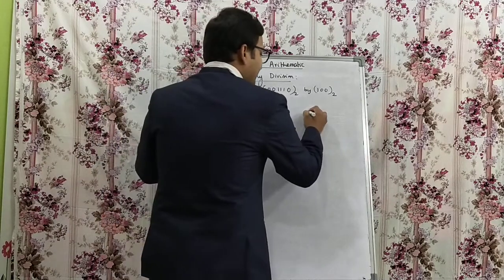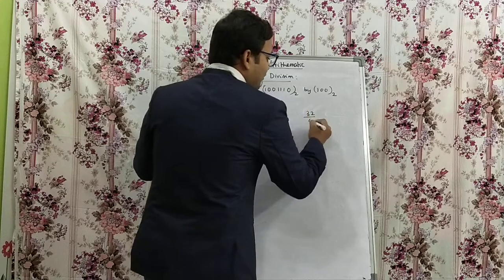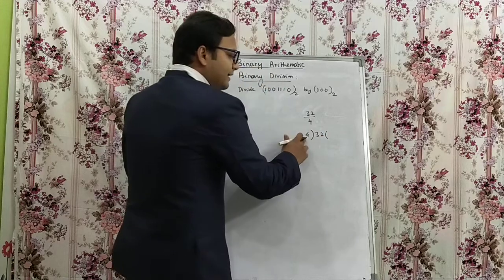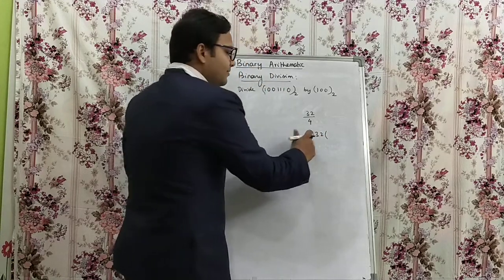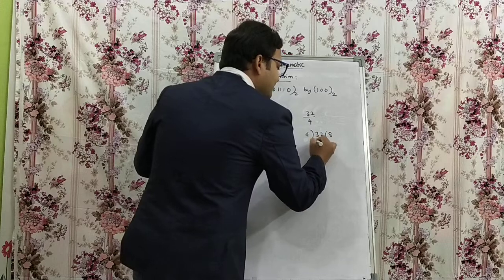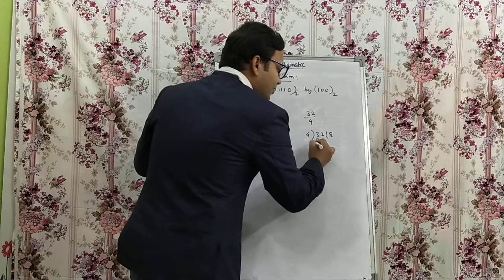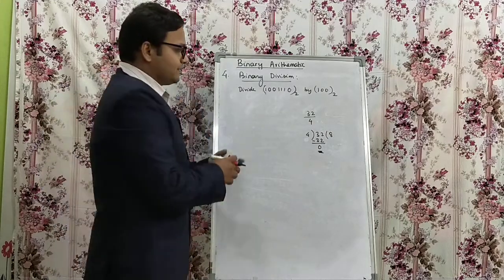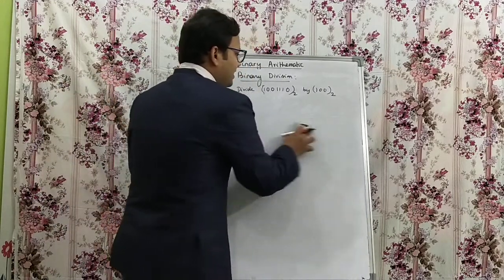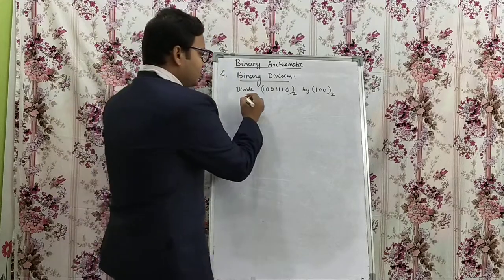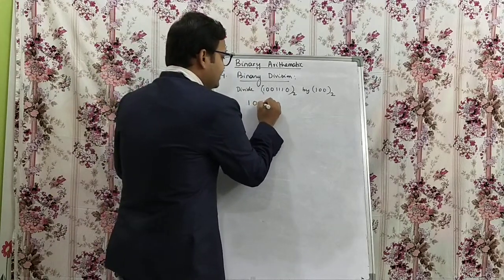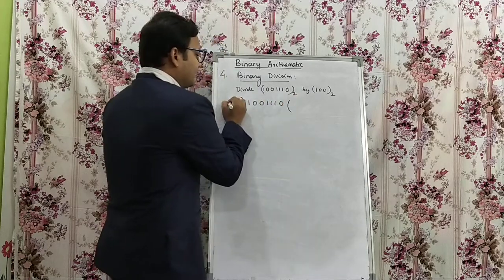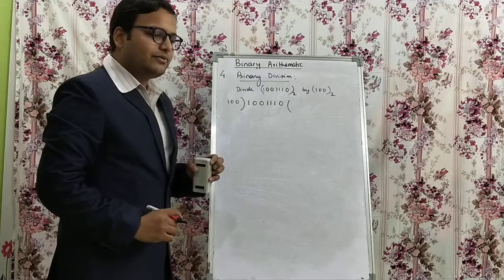So see here, let's say I am going to divide 32 divided by 4. What we are doing? We are just doing 32 divided by 4 and we are seeing how much value of 32 will be carried. 8. This is 32. Then we are subtracting, 0. Up to when it comes 0, we are just using the same procedure. Okay. So the same way we can do over here as well. 1 0 0 1 1 1 0. So what we are doing, see here, 1 0 0 1 1 1 0 divided by 1 0 0. So see here what we can do actually.